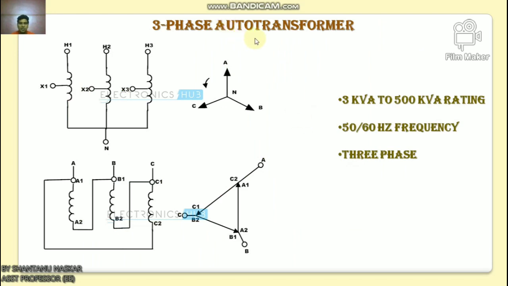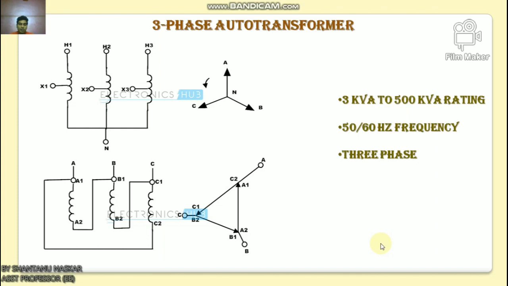Next, I will discuss the three-phase auto transformer. About the single phase auto transformer, I have already discussed what an auto transformer is, how it works, and what step up and step down auto transformers are. So now I will discuss the three-phase auto transformer. A three-phase auto transformer is a special type in which the common winding is shared by the high voltage and low voltage, and three-phase AC is supplied at the primary and output is collected at the secondary. A three-phase auto transformer is used for applications where a small voltage is used in the distribution system. There is no electrical isolation provided between them.